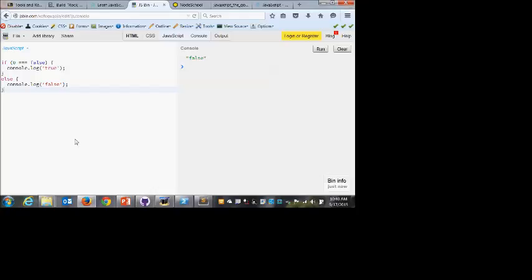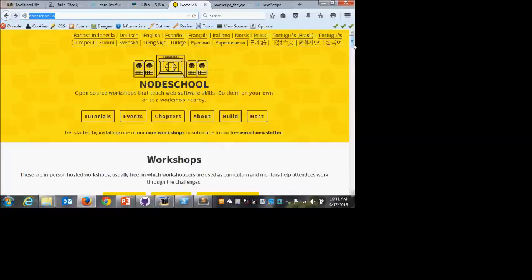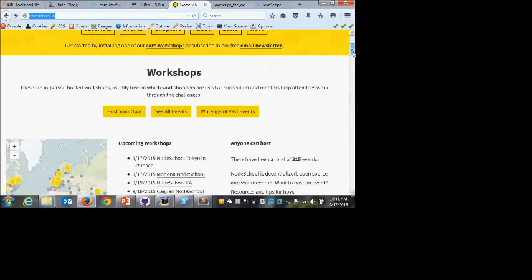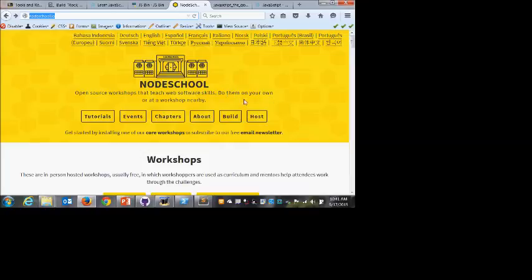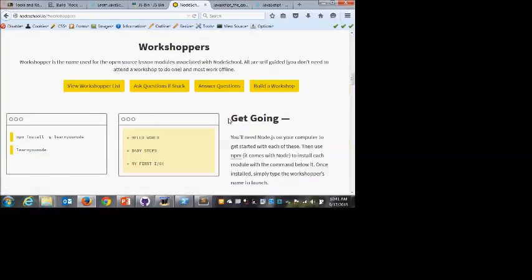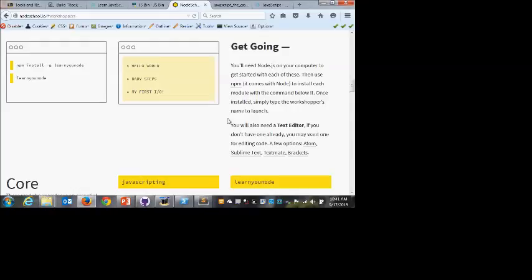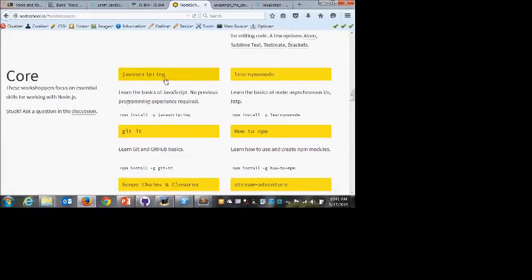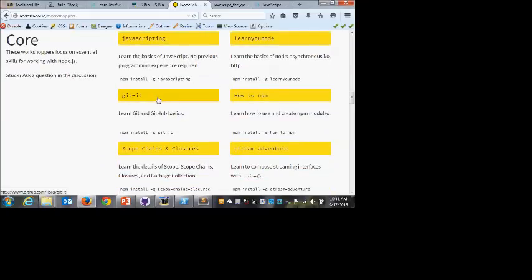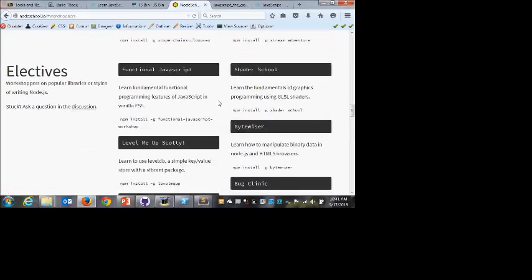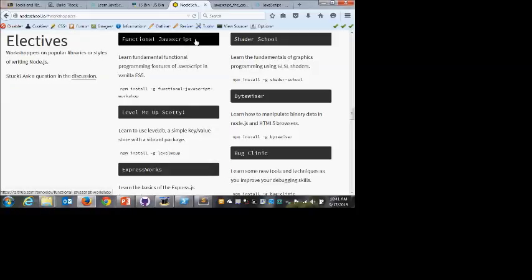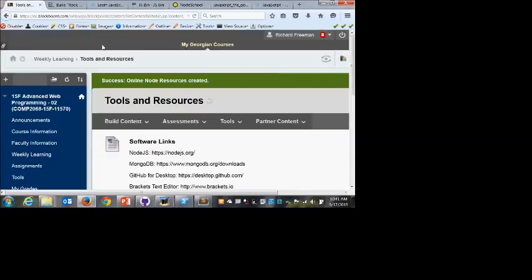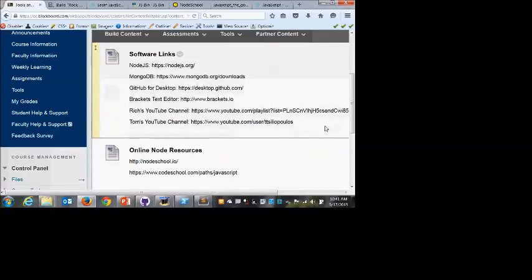A couple of other resources I just want to point out. I threw this one up. This is a place you can look for some additional Node tutorials. It's nodeschool.io. So they have a bunch of tutorials here that you can do with getting started with Node. So they recommend any text editor. They've got a basic JavaScript, how to use Git within Node, a bunch of other things. They've got some JavaScript basics. They're talking about ES5, ES6 is now out, coming out. So I've put the link to this inside of the